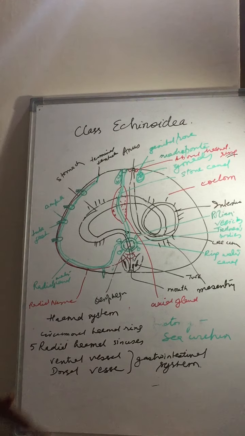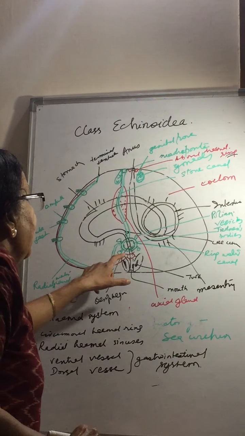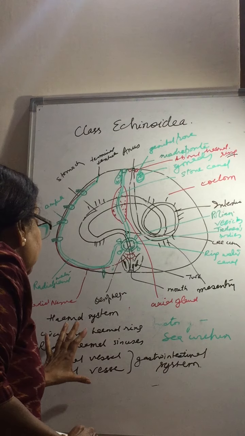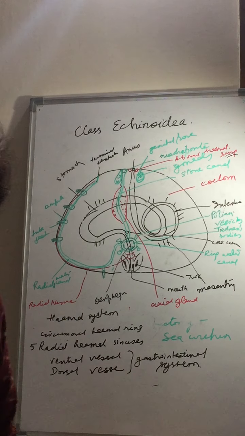So this is about the echinus water vascular system, which I have tried to make in green, except the gonads which I have drawn here, and then something about the hemal system, about the coelom which is spacious, the perihemal system which is reduced, and the hemal system which we have discussed here. Thank you.